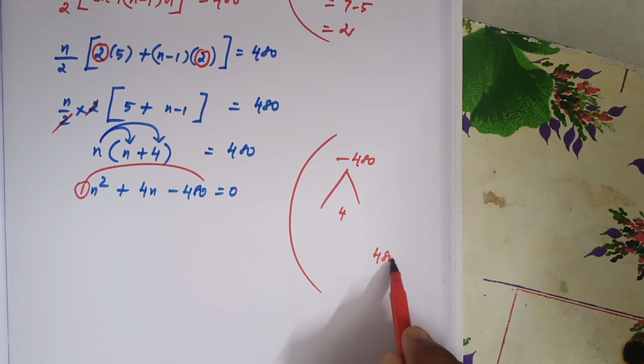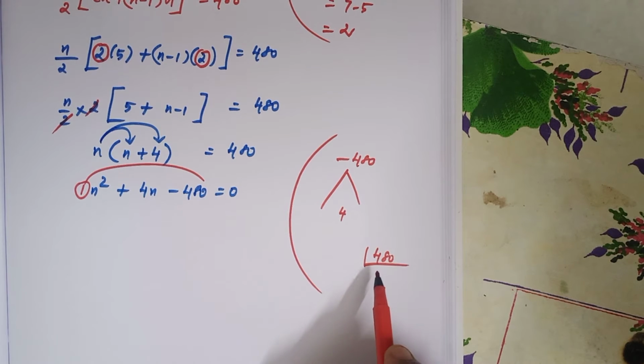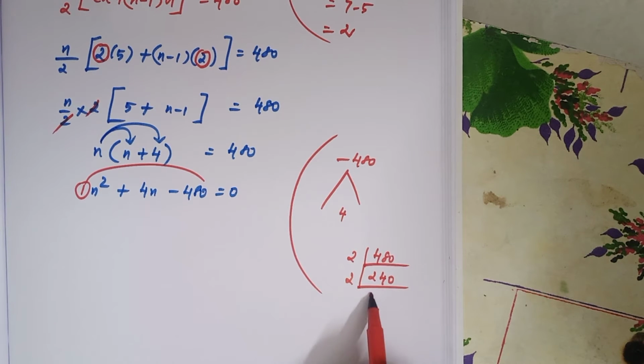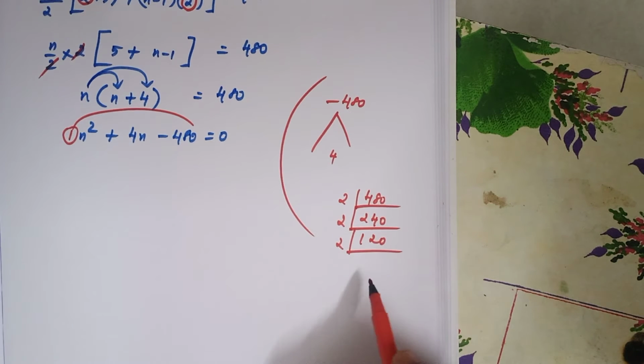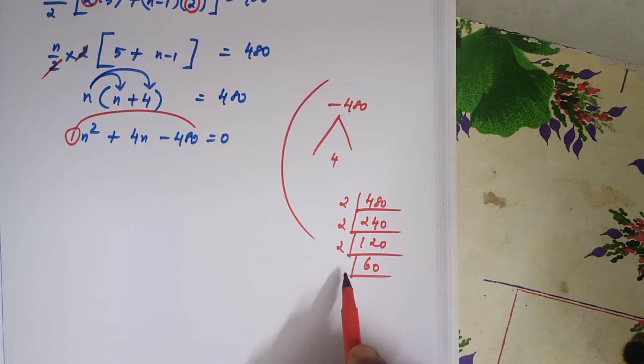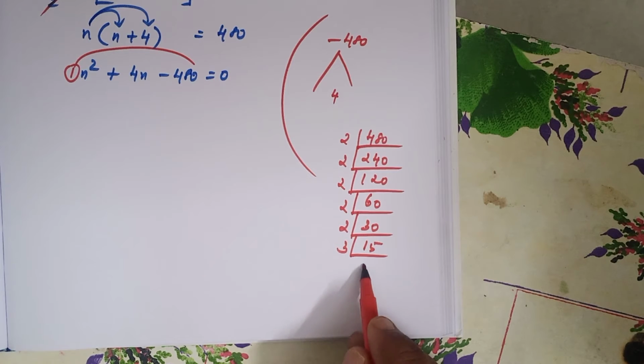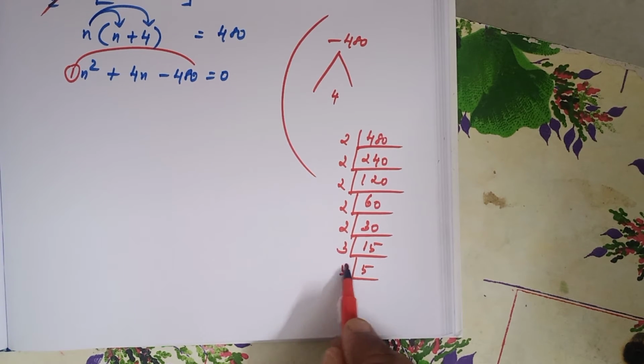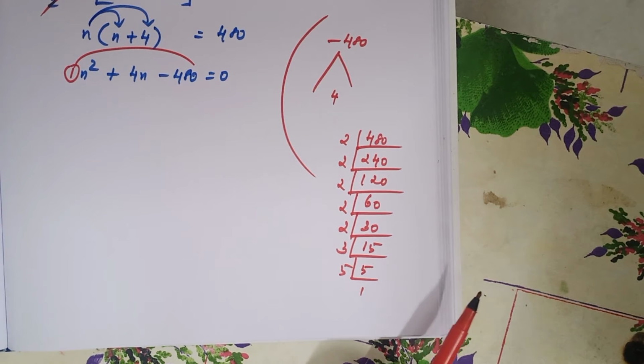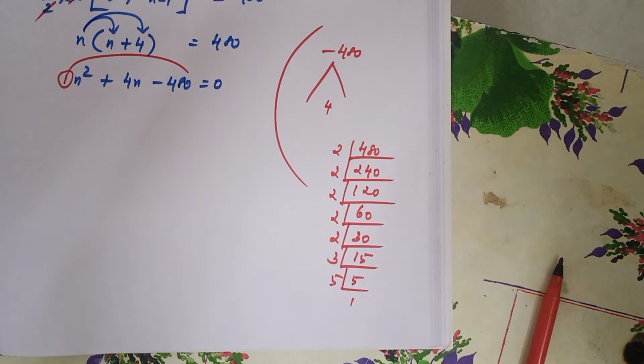Take 480 and divide only by prime numbers, you can easily find out. I take 2. If you divide by 2, you will be getting 240. Again I take 2, you will be getting 120. Again divide by 2, you will be getting 60. Divide by 2, 30. Divide by 2, 15. Here you can divide by 3 only, you will be getting 5. Then divide by 5, 1. Okay. So in which combination can you get 4? You have to tell.